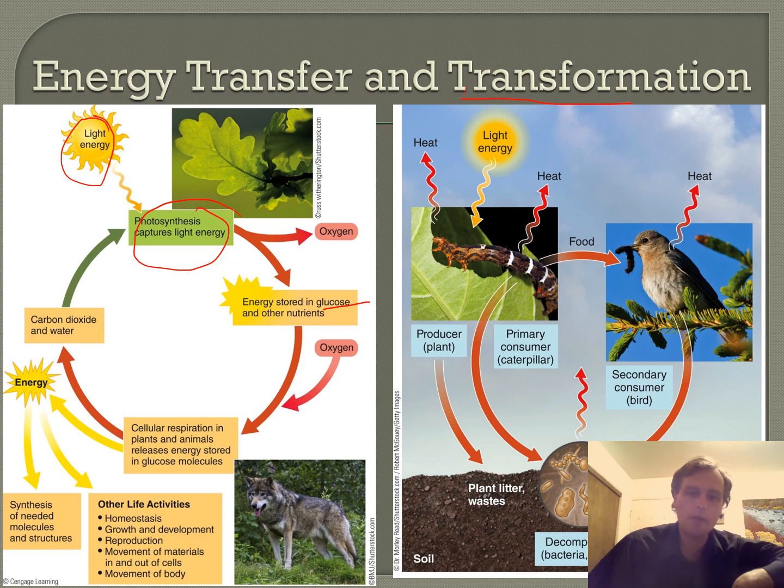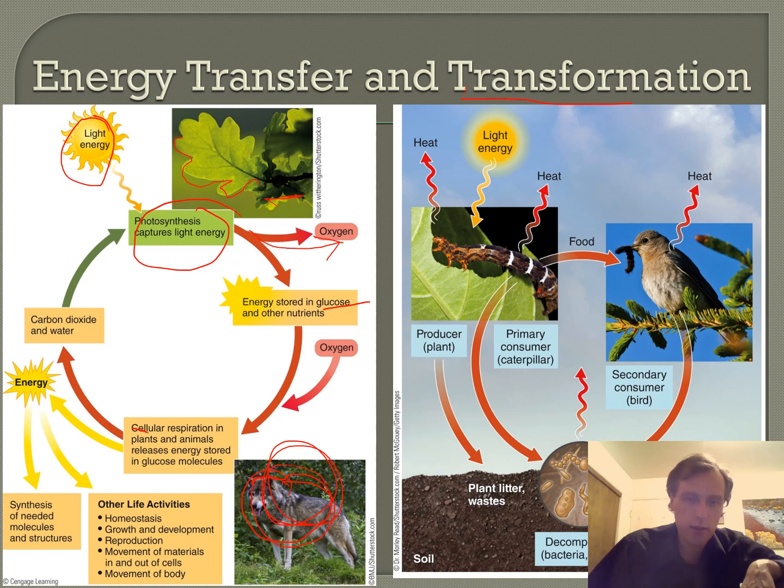A byproduct of photosynthesis is oxygen, and other critters, such as the wolf, are going to consume a producer or some other type of creature. Isn't that weird that they put the wolf down here as if it's consuming the, what is this, maybe an oak tree? That's just a little bit weird. But anyway, some type of animal would be consuming the producer, and the animal is going to use the energy that the plant has produced.